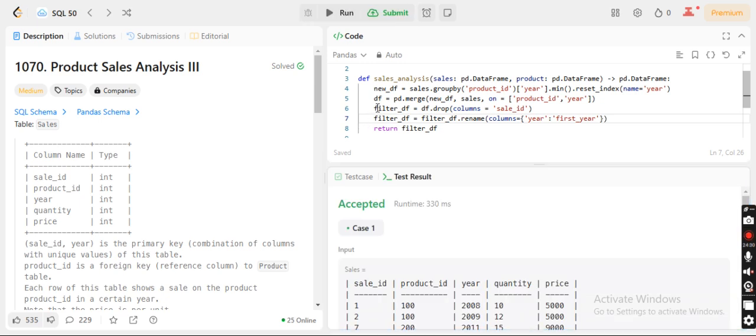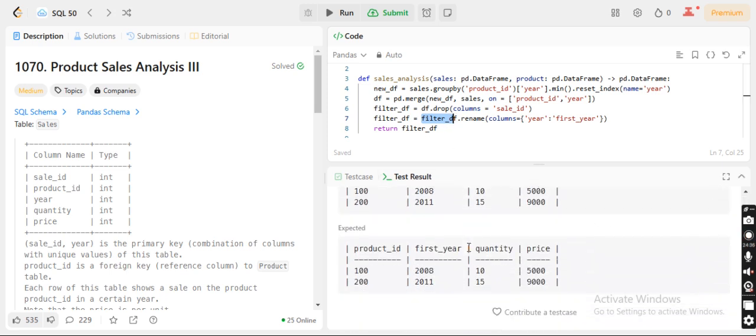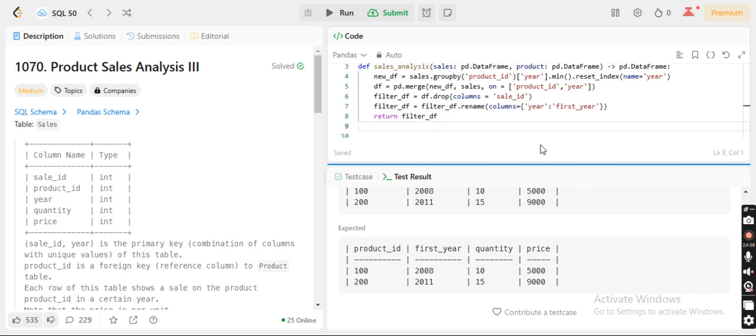So what I was doing here, you just saw, it was filter year, not filter df. So that was my mistake. Fine then, this part is clear, I think. The key concept of this question was, if I recall the whole thing, first we saw that when we merged the table, it did not impact the solution.